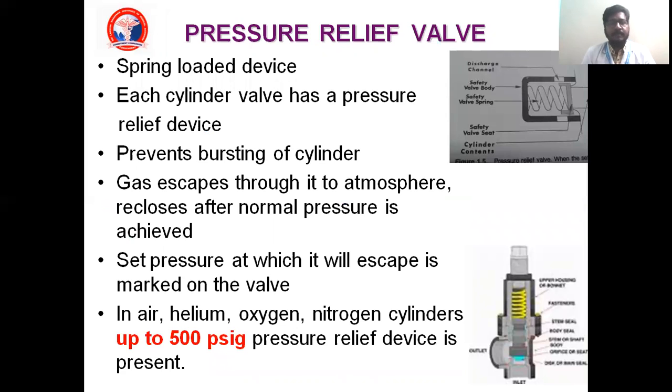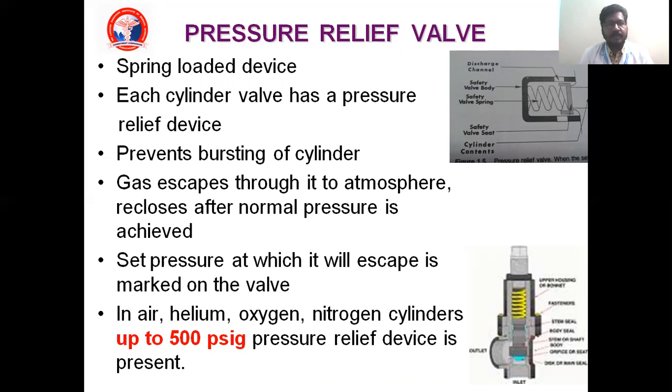Now coming to the pressure relief valve. It is very, very important in high pressure system, because the high pressure system starts from the cylinder, with high pressure, for example, 1900 psig for oxygen and 750 psig for nitrous oxide. If it enters the patient's lung, it will cause barotrauma or volutrauma. So in order to prevent that, we are having a pressure relief valve.